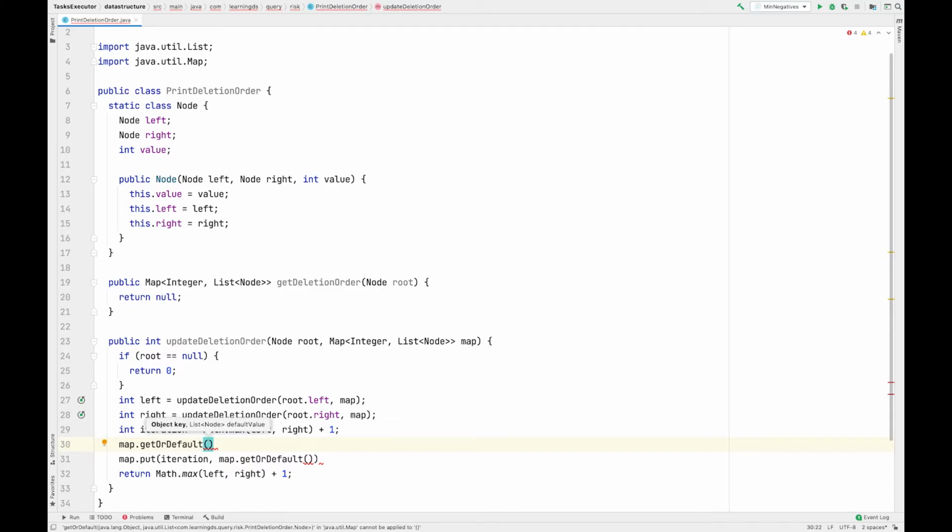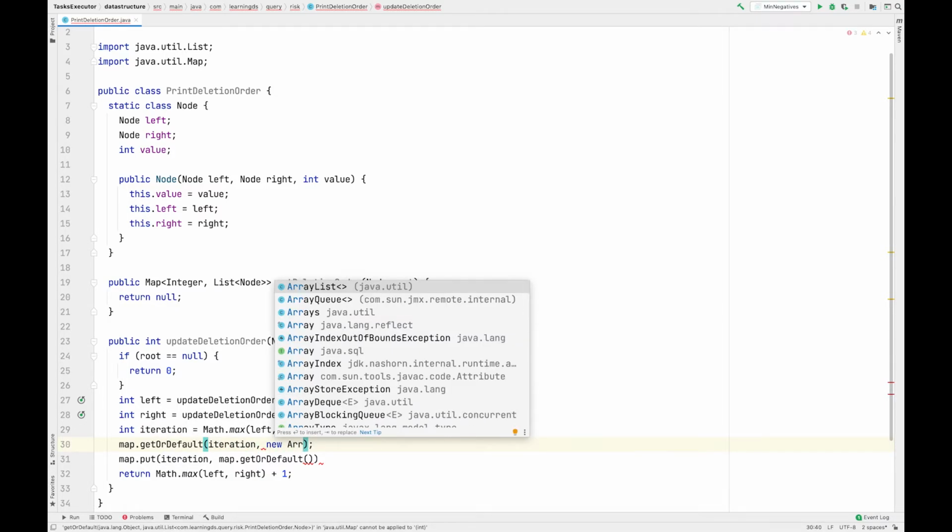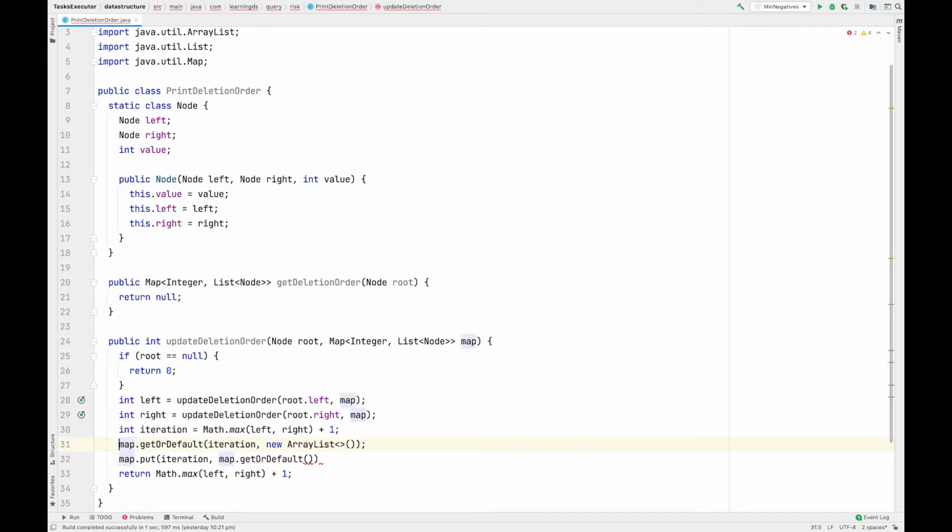Now this will take iteration as key, and it will have, for example, new array list. I'm returning from here. It will return me new array list.